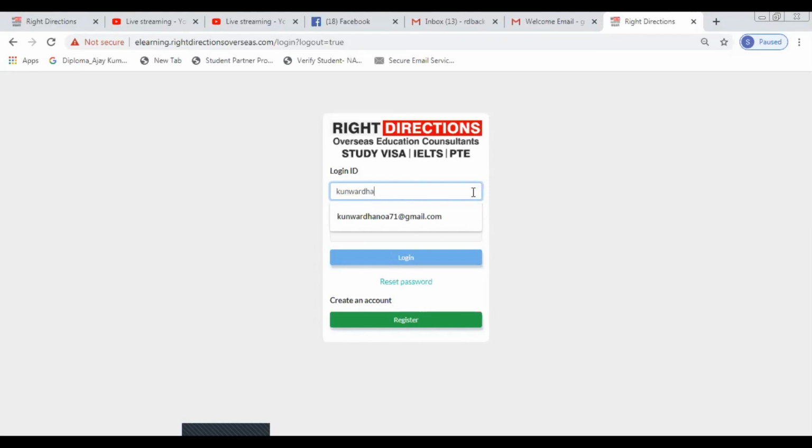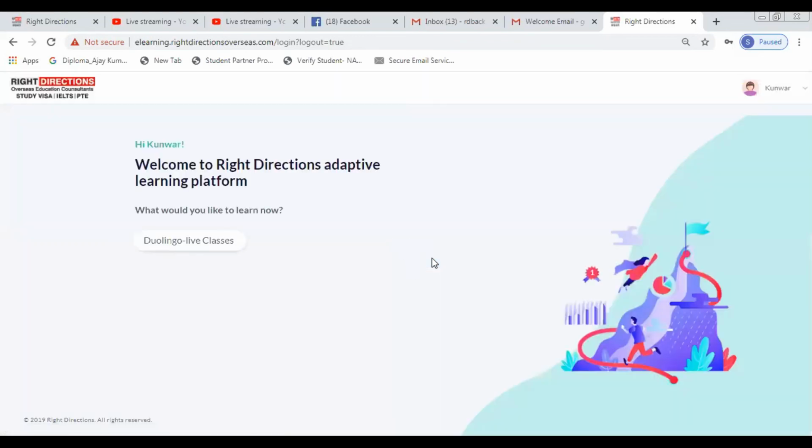Please stay with us till the end of the session, and give your feedback to us. If you want any sort of changes, or you want some things to be included, you can even tell us that. I have logged in with my ID for my Duolingo live classes. Students, I have done my registration first for my Duolingo course, and then I have just logged in now. I'm just showing you what services, material and classes are available for